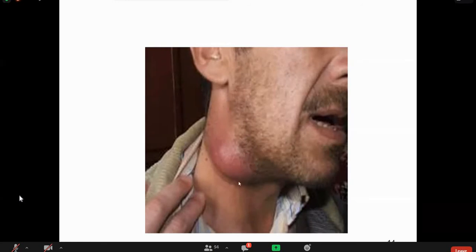It's really a big one, and you can see that it is dragging the skin. It is literally dragging the skin. Skin should not be like this. It should be adherent to the mandible, but it is dragging the skin. So it must be something which should be hard, probably. We can just comment by seeing it. Until and unless we do the physical examination, we cannot proceed towards a final comment. But yes, from the look, one can clearly identify that it is an inflamed one.